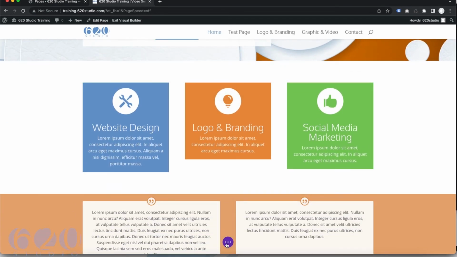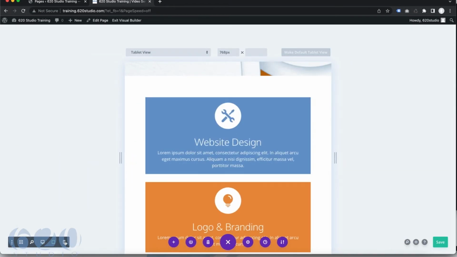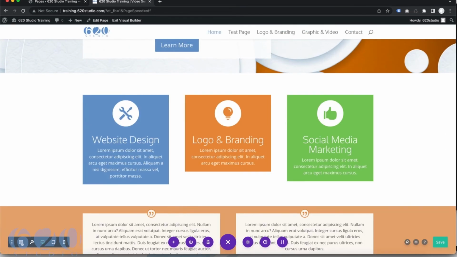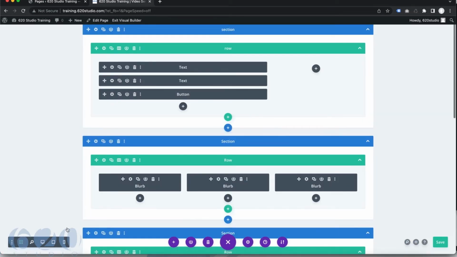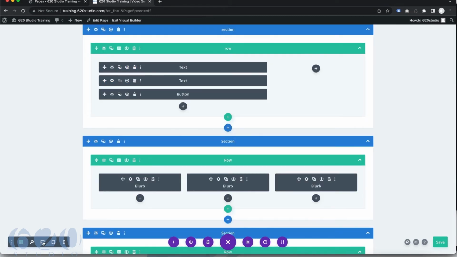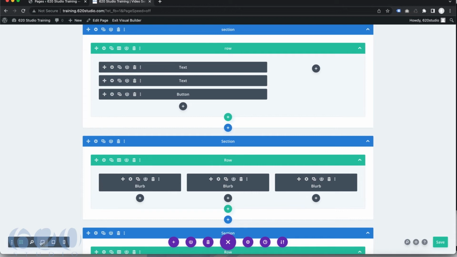Here's the little three dots down here that give you a few more tools. For instance, you can pull up the different views. So let's say I want to look at it in tablet view, or mobile view, all within the visual builder. And even if you needed to, you can go to the wireframe view and actually build it directly in there. If that needs to go a little bit faster, or if you have any issues dragging and dropping things, you'll find it's a lot easier in the wireframe view than trying to